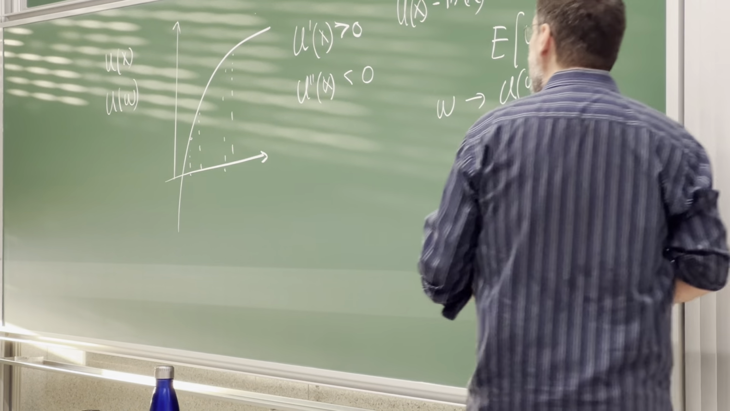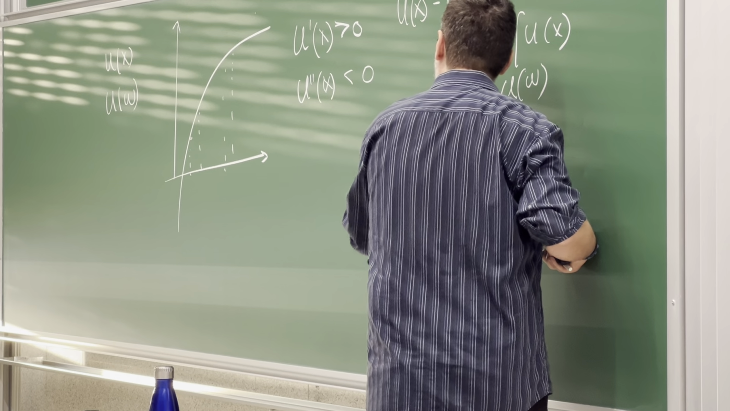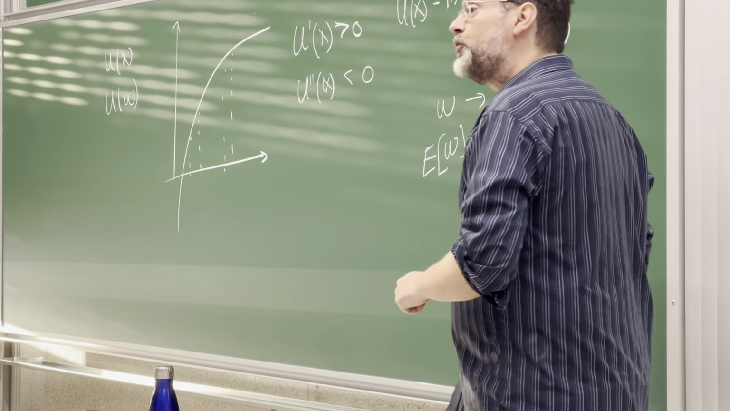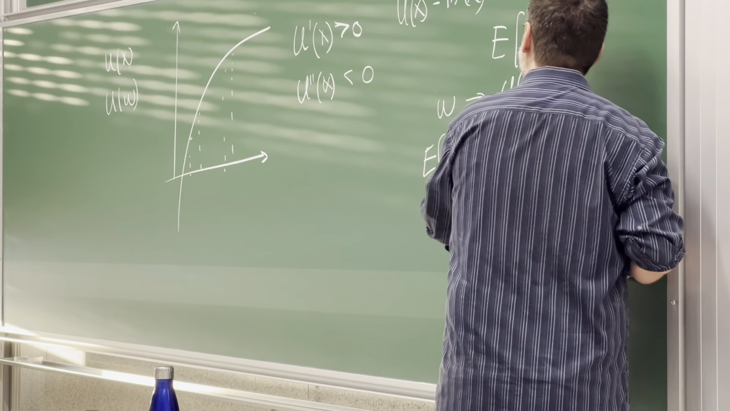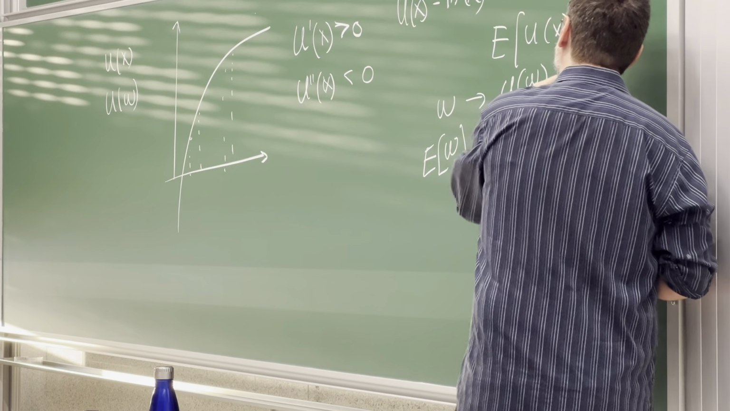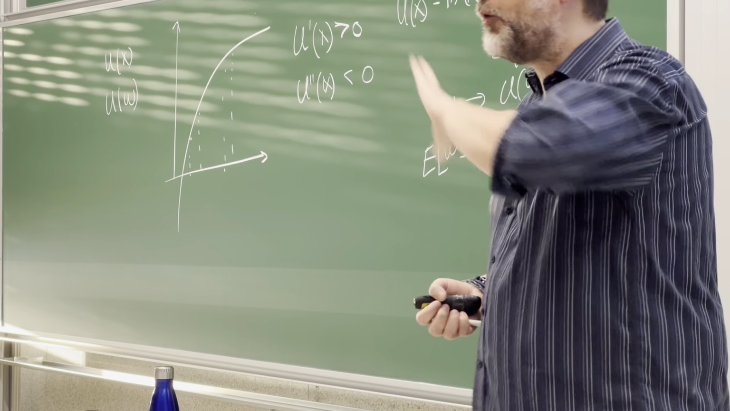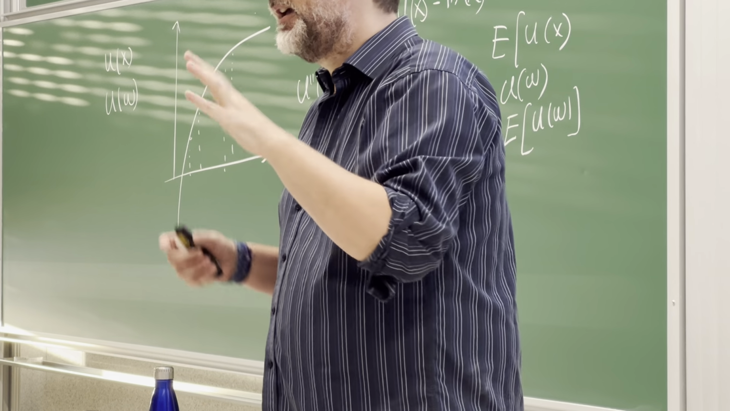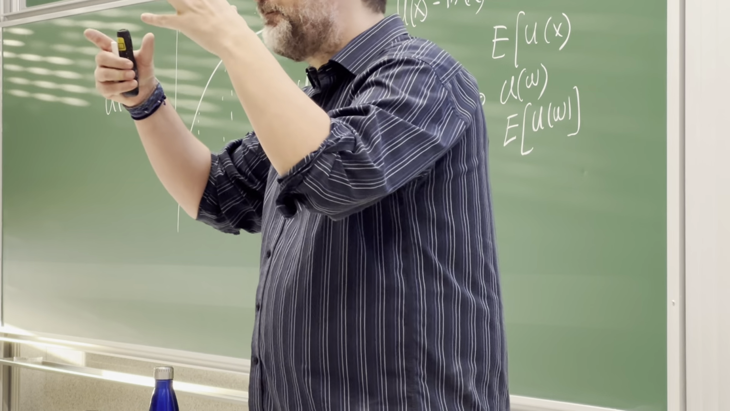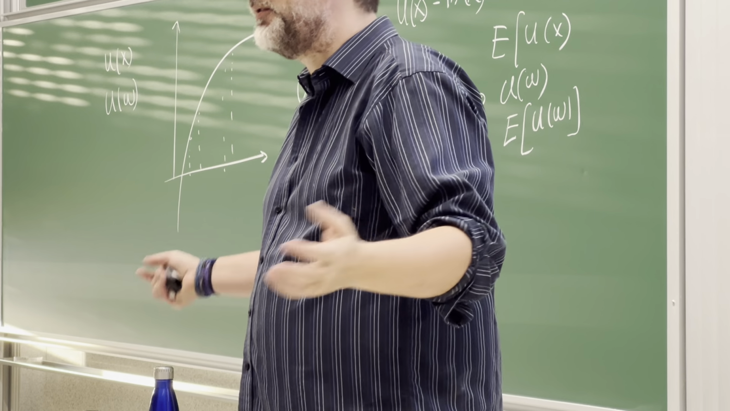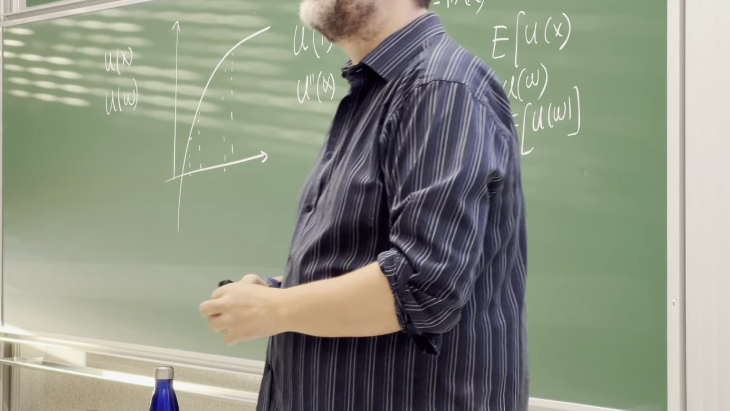So you will not make decisions based on the expected value of wealth. You will make decisions based on the expected utility of that random wealth. And this is the whole point. 300 years ago, someone makes the foundation of modern economics. 300 years ago, a Swiss mathematician,